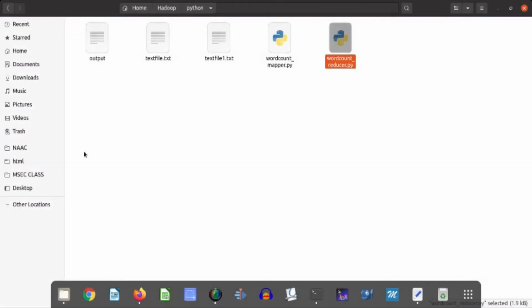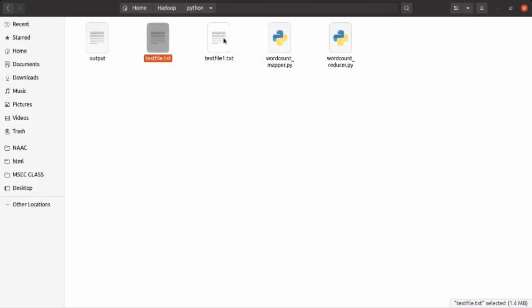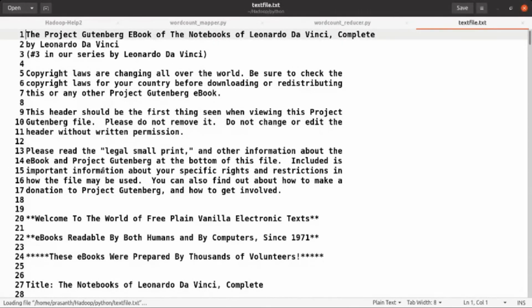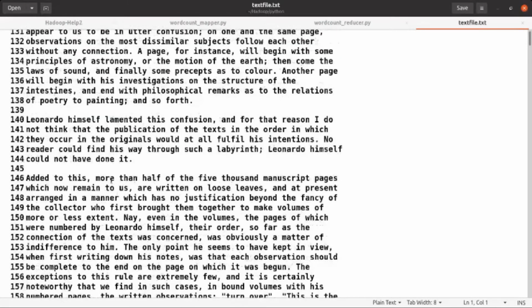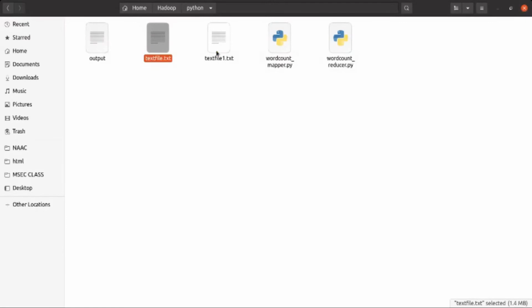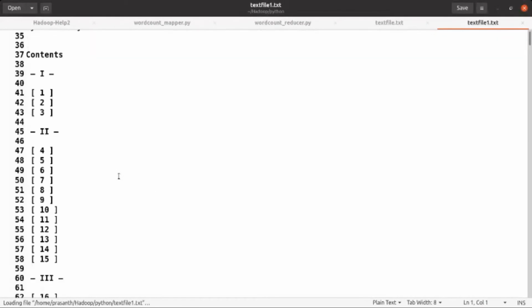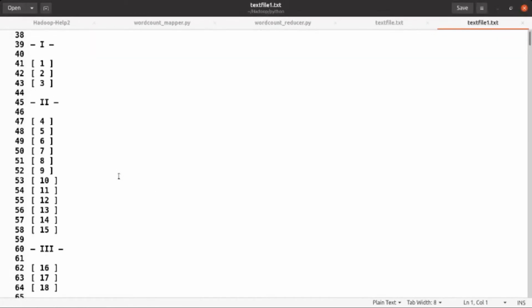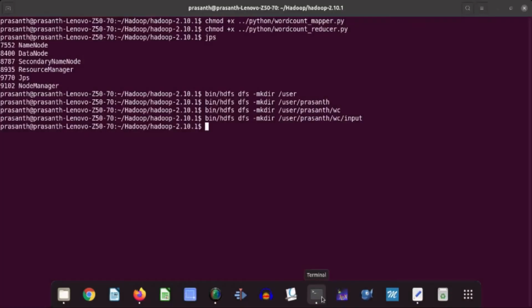I am using these two files as input. Both are text files and consist of many lines of text, and we are counting the number of words present in these two text files. I will move these two text files into HDFS.